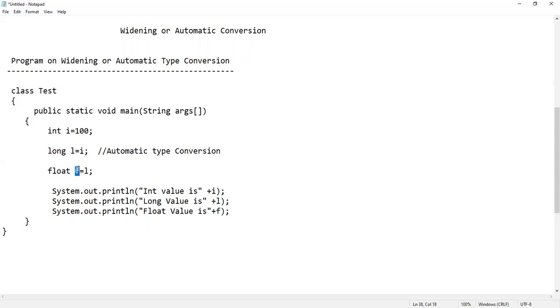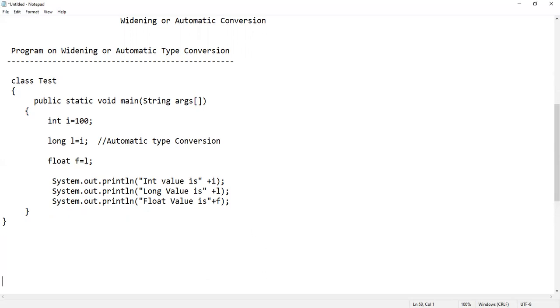This is also possible because long and float have the same memory size. So this is an automatic type conversion.